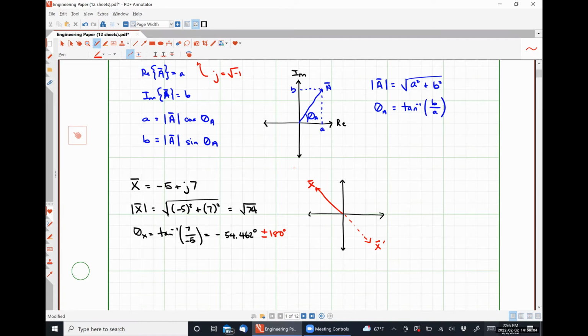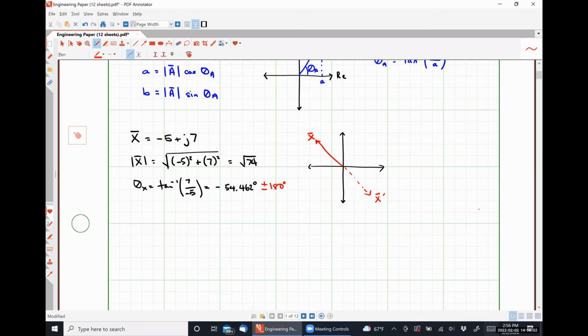All right, so hopefully we have all figured out how to convert a rectangular form complex number into a polar form complex number using our calculators at this point. Now, just for the sake of robustness or inclusivity, let's go the other way around. Let's start with a polar form complex number and then convert it into a rectangular form. So let's say that we have a complex number y that is 10 angle